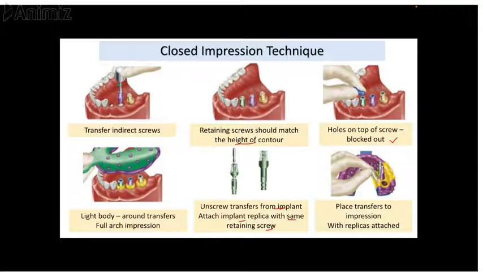There is not much need to remember all the technique. The important point to remember is that impression copings will remain in the mouth after removal of the impression, and will then be placed in the impression after it is removed, and then the cast is poured. The indications are restricted mouth opening, limited access areas, and severe gagging patients.